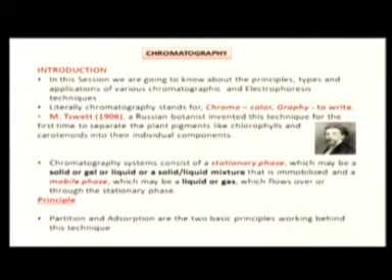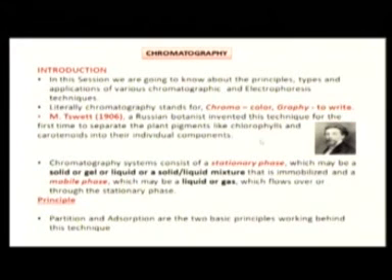Chromatography: the name itself indicates chromo means color, graphy means to write. Here we see the result in the form of a colored pattern, chromatograms. That's why we call this technique chromatography. In this slide, the scientist who developed this technique is Michael Tswett. In the year 1906, he developed chromatography for the first time, and he was a Russian botanist. He used this technique to separate plant pigments like chlorophyll and carotenoids. Since we observe the result in colored patterns, he named it chromatography.